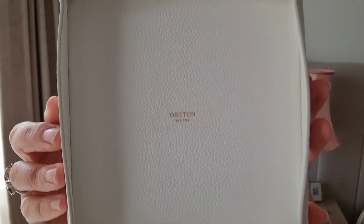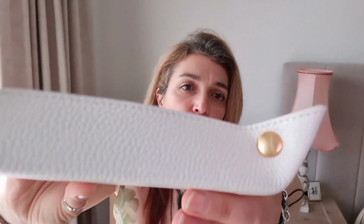You've got the pretty gold foil in the middle. It's a beautiful pebbled leather. This is the detail on there. You've got the two gold studs in each corner holding the leather together, and these do not undo, as in come apart,